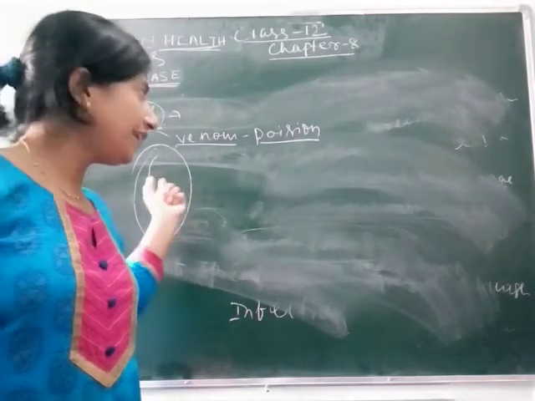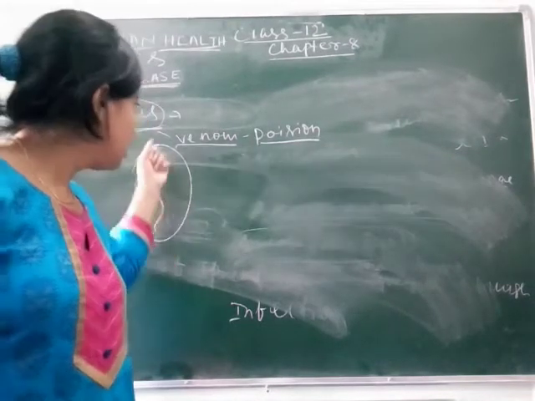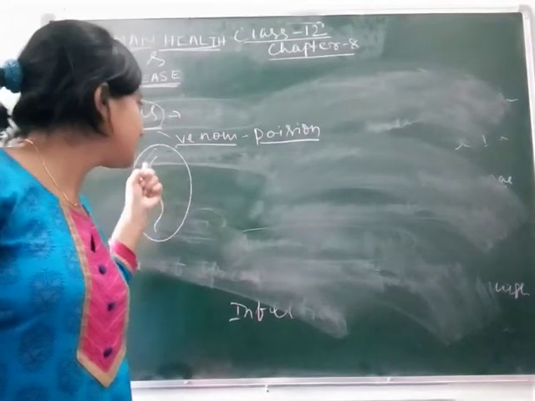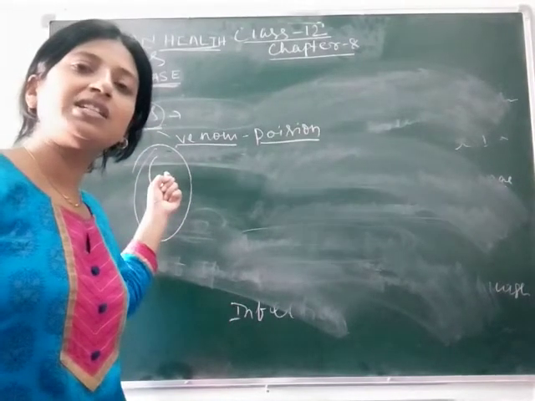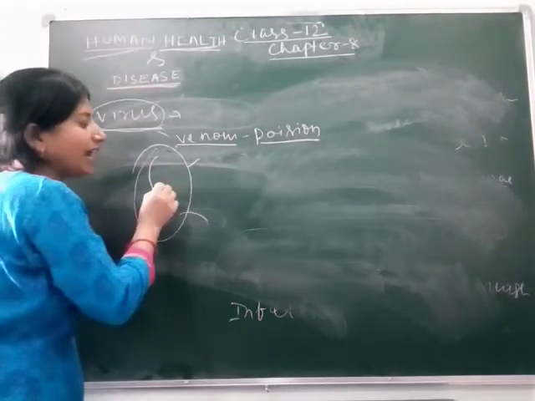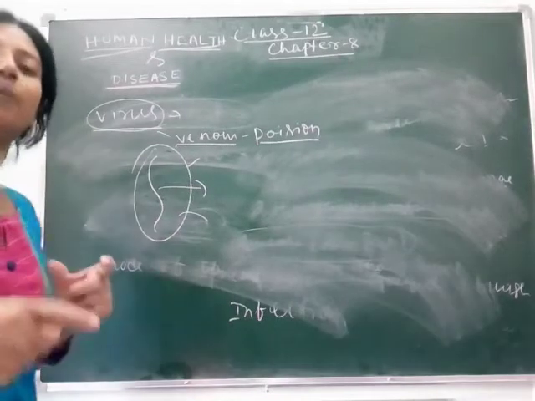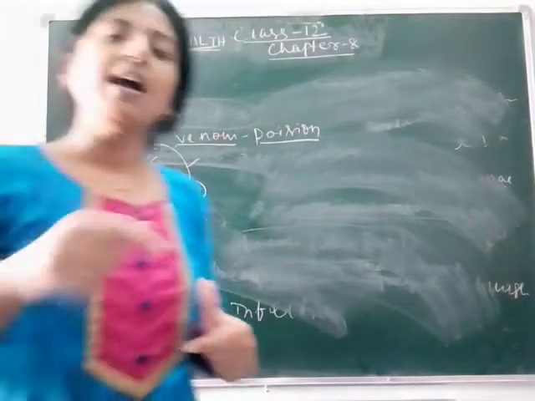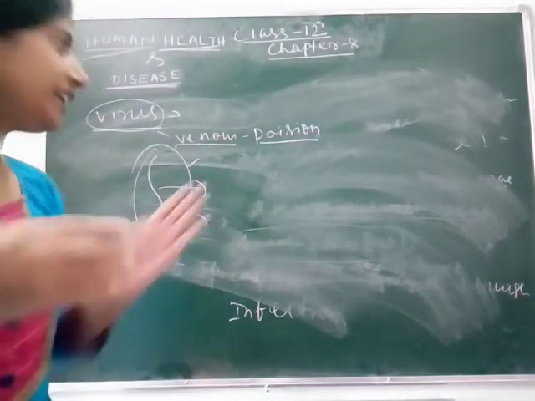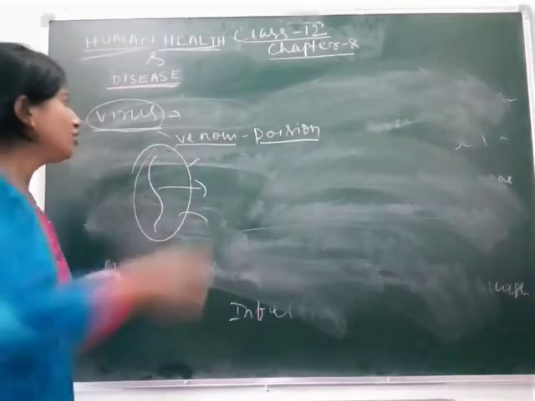You have nowadays heard about coronavirus. Exactly what happens in the case of coronavirus? A protein coat covers and protects its genetic material, and when it enters our body, it first removes its protein coat and then the RNA goes into our cell. Inside our cell it affects our DNA and uses it as its own genetic material, copying its genetic characters, which means it makes us fall ill. So let's start.